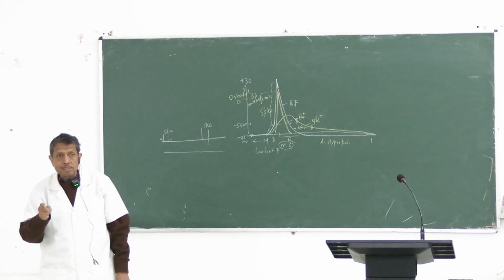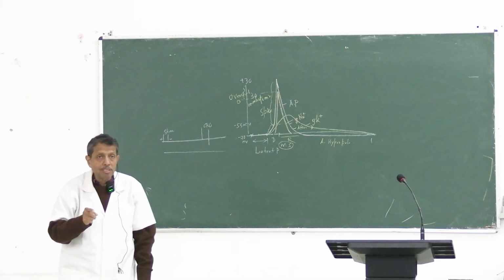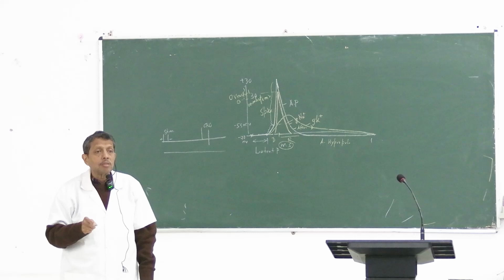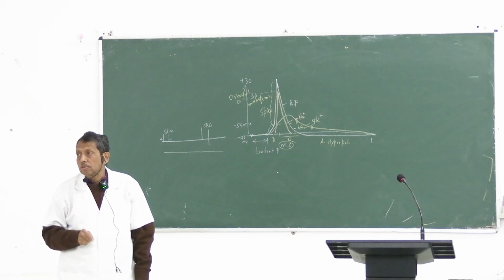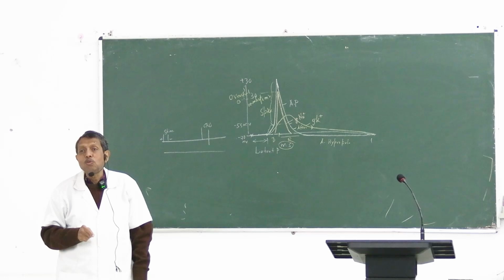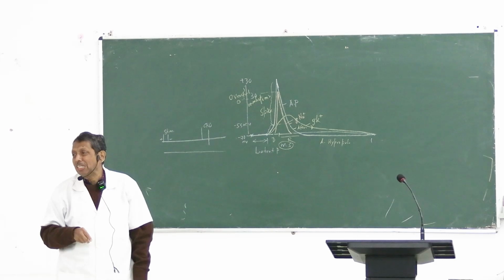Below the threshold, subthreshold stimulus is responsible for what type of potential in a neuron? What type of potential is produced? Electrotonic potential. Everyone must know this, there is nothing in it, it is an easy thing. Electrotonic potential,